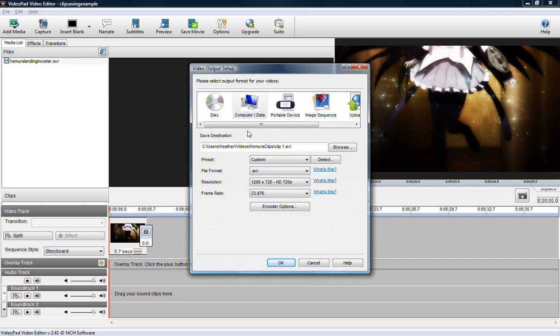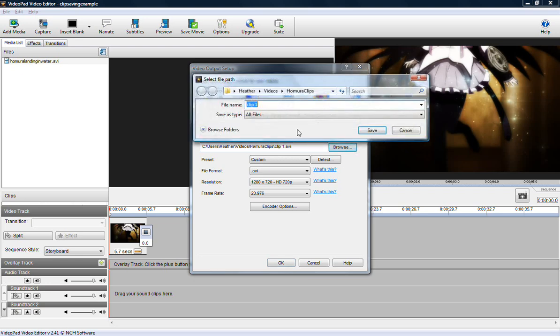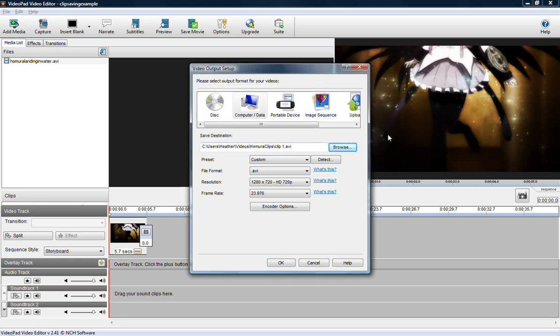Now first off, you'll be saving this as computer data, so I'm not going to really go into all this stuff up here, and instead we'll just go down this one list and give a short explanation of what everything is. So first you have your save destination. This is where on the computer your file will be saved and what the title will be. You can either manually change things by typing stuff in this line here, or you can click the Browse button, and that'll bring up a more visual type save prompt.